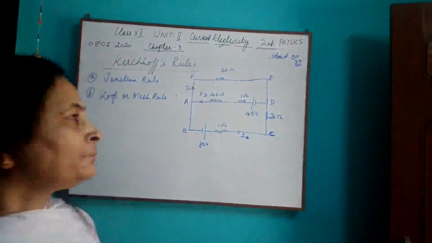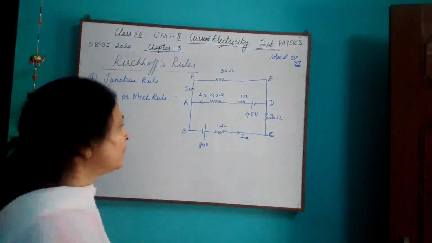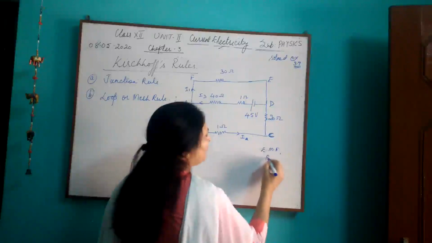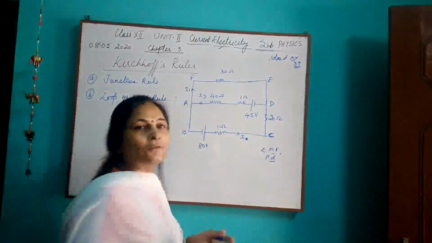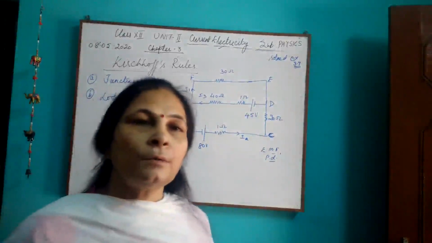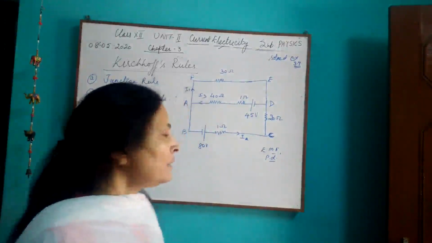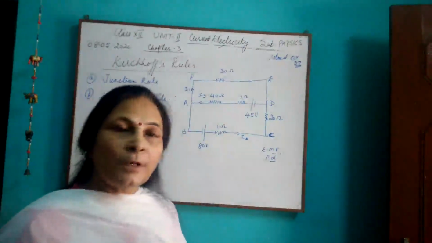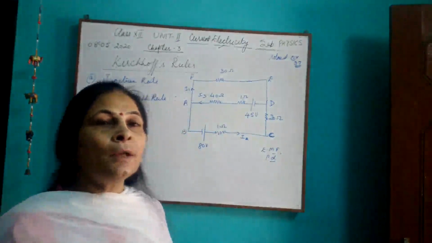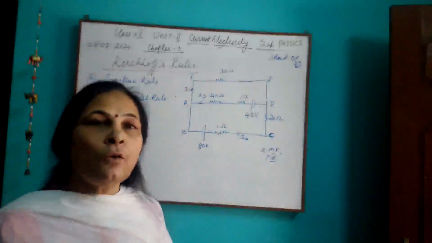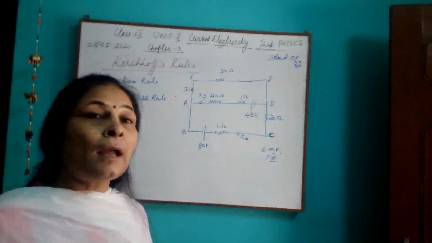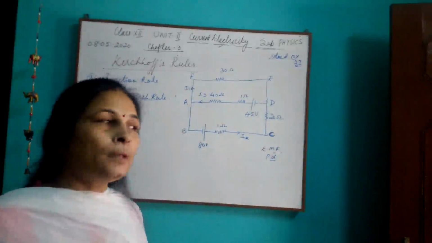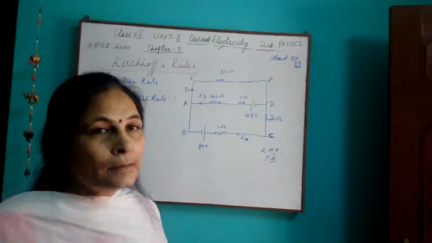Good afternoon, children. Yesterday we talked about electromotive force and potential difference. We have also talked about Ohm's law already. Now, in class 10th also we had Ohm's law. We had combination of resistors also. And you have done numerical problems involving the resistances and potential difference. In some questions, potential difference was to be calculated, in some current and in some resistance.